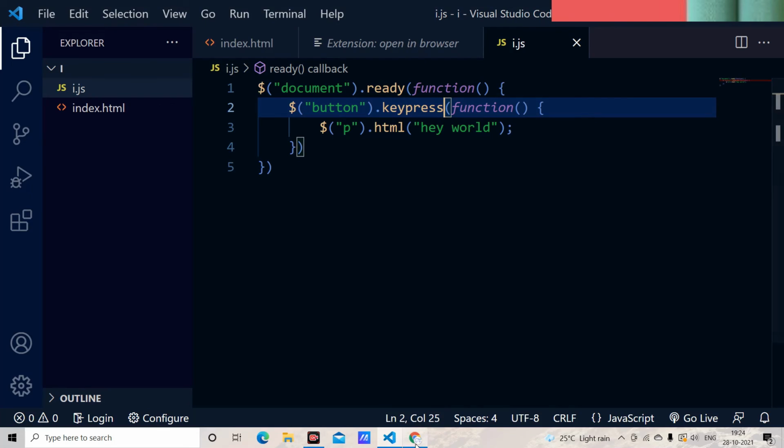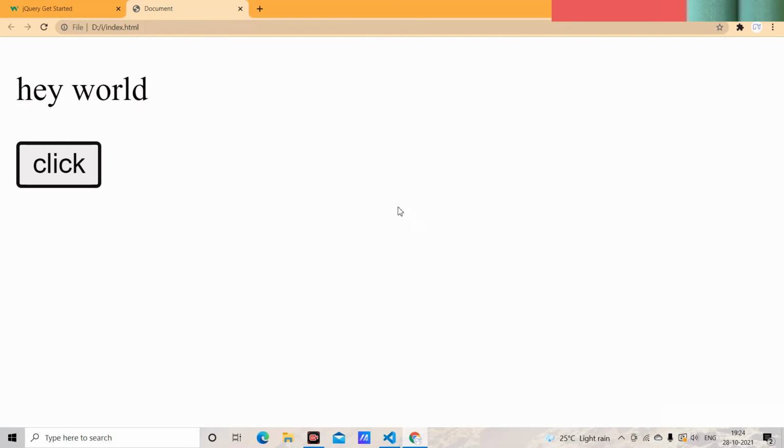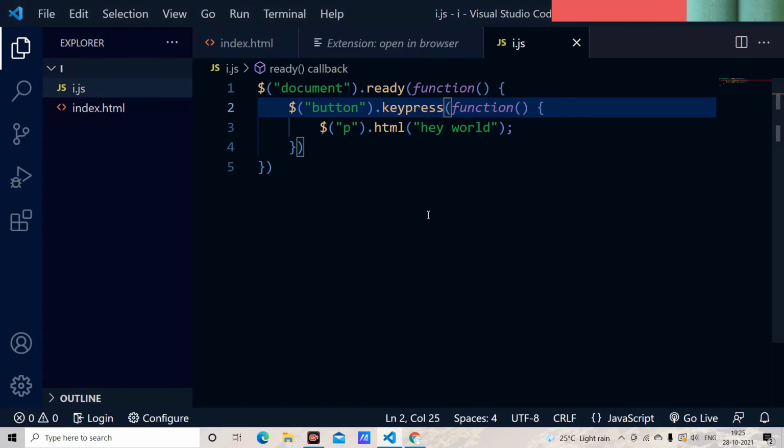And you can use this key press in the inputs whenever you are creating any form, the form which we are discussing in the HTML. Whenever the user updates his field, means if he just changes the name, at that point of time we are able to use this. And this is how we go with the key press.